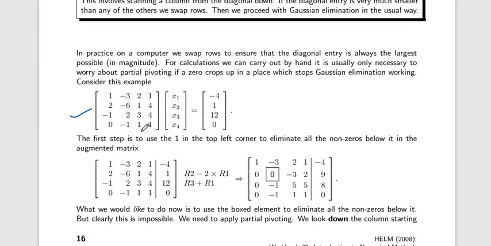Here is a 4x4 matrix with x1, x2, x3. So first we will start with the 1. Okay, and we want to transform the 2, minus 1 and 0 into 0. This is already 0, so we will not operate on row 4. So how do we transform this 2 into 0? R2 minus 2 R1: multiply by this 2 and subtract from row 2, so we will get a 0. Second, only addition of R3 and R1, R3 plus R1. So the first step is completed: first row, first diagonal element, and below are all 0.